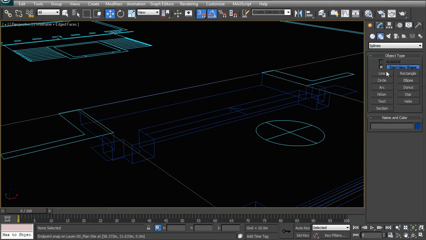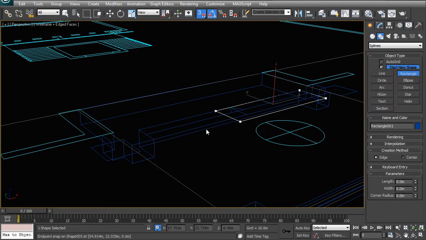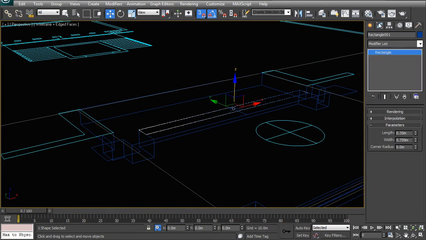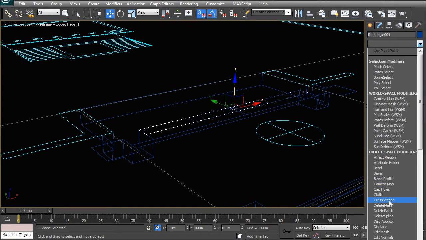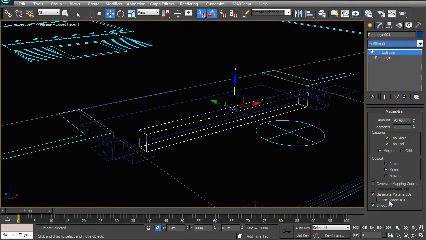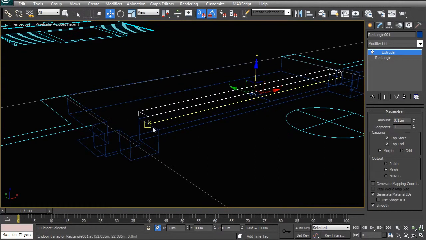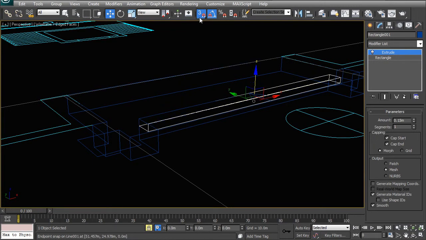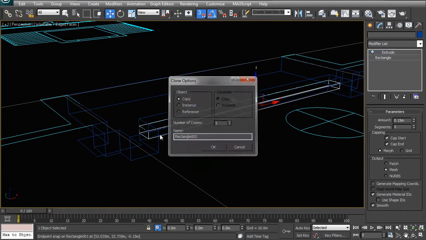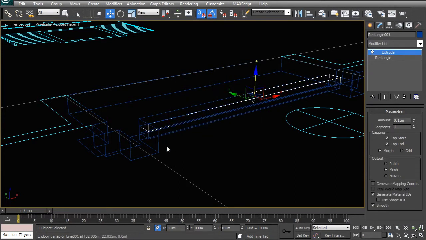So what you can go and do then is you can either use rectangles or boxes, and you can extrude that similarly. So EXT, enter, and extrude that by 0.15, and then you can go and move that step downwards. I just used my snap again to move it down,